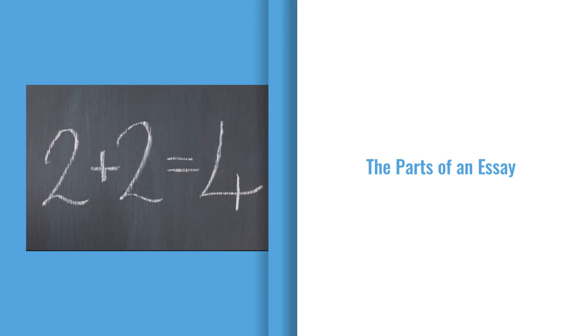So when it comes down to the parts of an essay, you gotta make sure you have all the parts. Just like a math equation, like 2 + 2 = 4. If you're missing any of the parts, suddenly it's really hard to figure out. Sometimes it just doesn't make sense. Like right here, if I take away the 2 from 2 + 2, suddenly this math equation becomes a lot harder. You gotta figure out what the missing variable is,